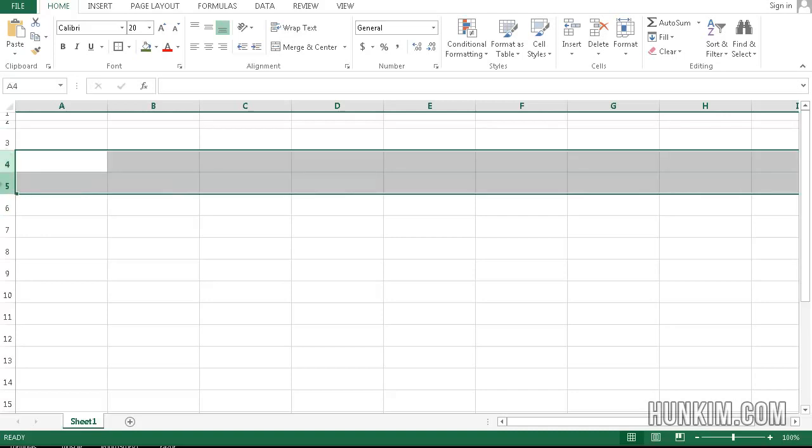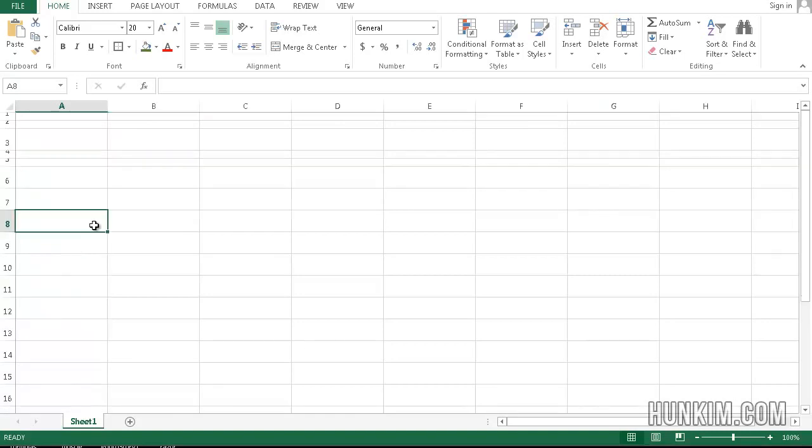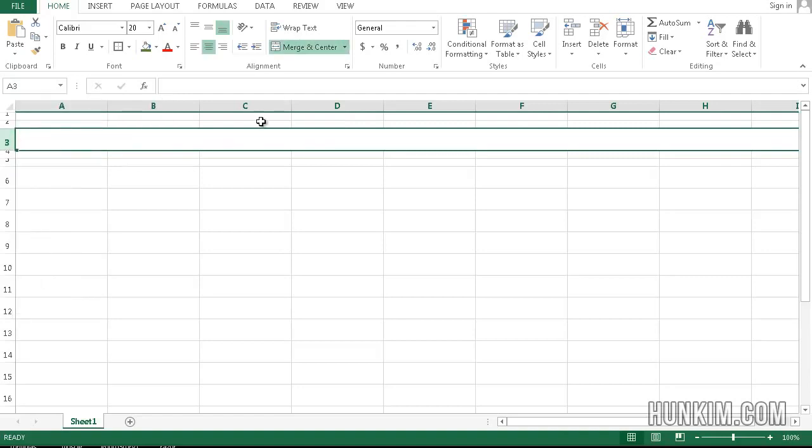I'm going to highlight both rows at the numbers, right click, row height. Let's make these 10 as well. Let's try something fun. I'm going to click on the number 3, which highlights the entire row up to infinity. So right click, I'm going to actually merge and center these. So now this is actually completely